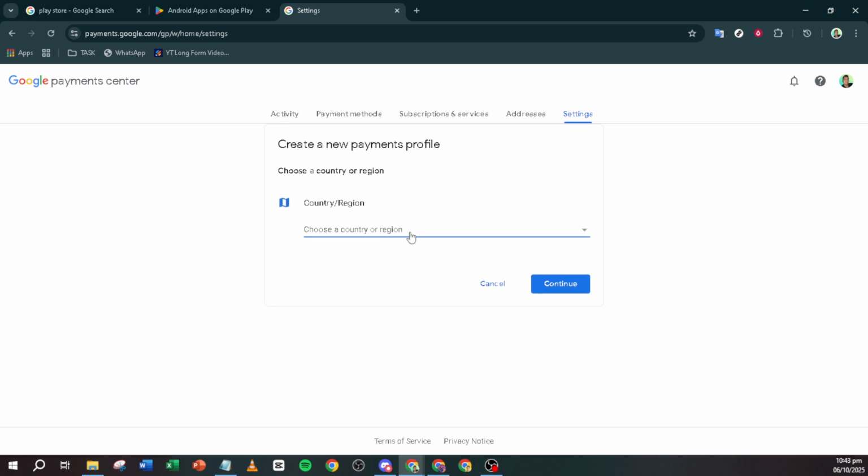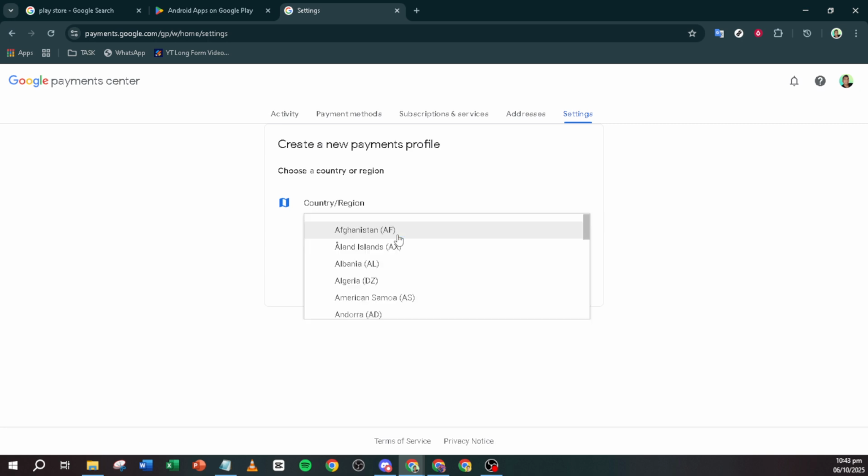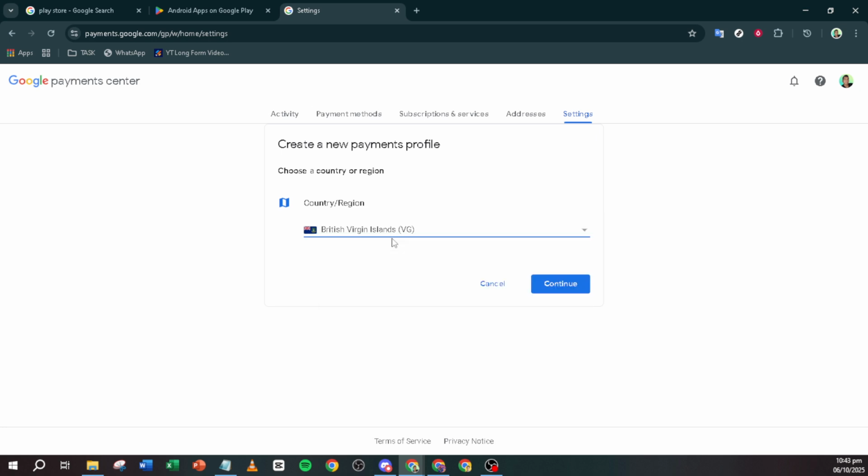Here, you'll be required to enter the necessary details, such as a valid payment method and an address from the new country you've picked. Be sure that this information is correct and tied to the selected country, as it is crucial for the account's functionality. Finally, after meticulously reviewing all the entered information, click on Submit to finalize the changes. Now, you've successfully set up your Google Play Store to reflect your new country.